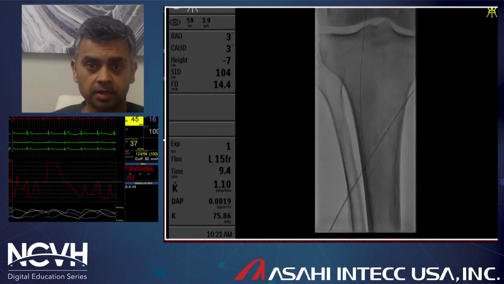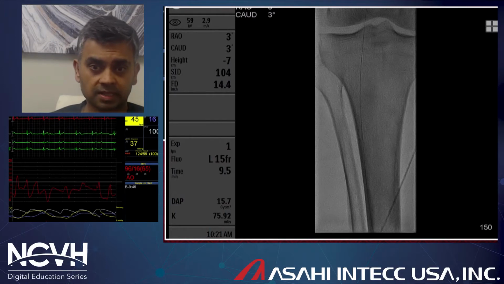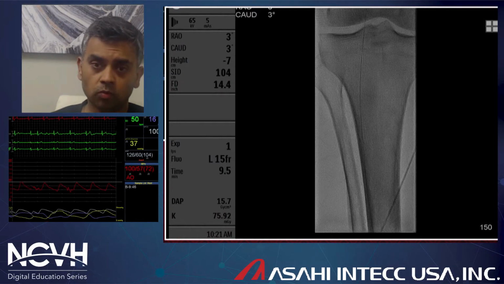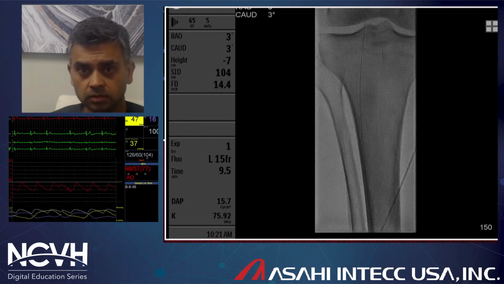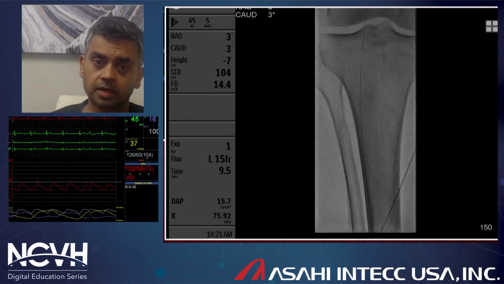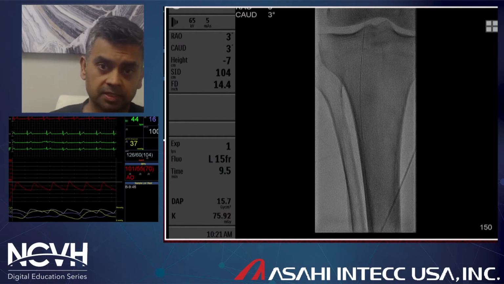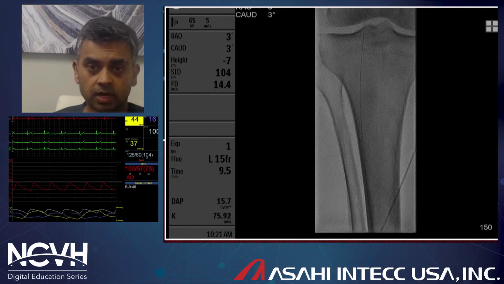Now, as I'm parking my wire into the infrapopliteal vessels, I would be performing a laser atherectomy in this case. So once the wire is down, in this particular case, I changed my 018 wire to an 014 wire, because the 018 wire, the Gaia PV, has a 7.5 gram tip and we needed a softer wire to perform a laser atherectomy. So we exchanged the wire out and now we will be taking a laser catheter 2.0 and performing debulking of this lesion.